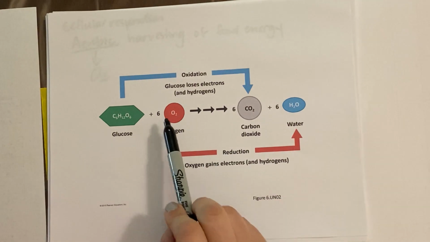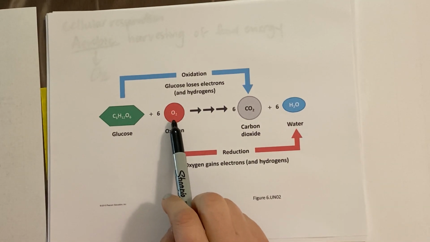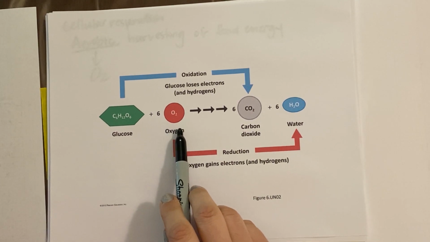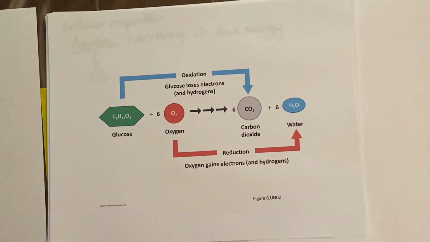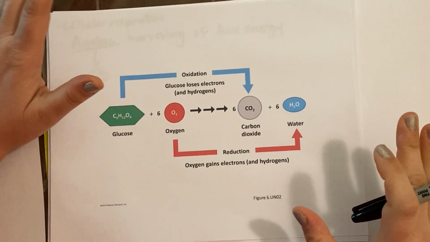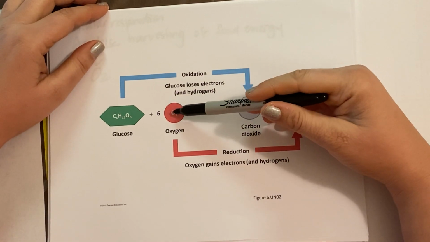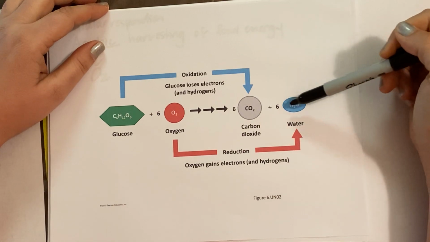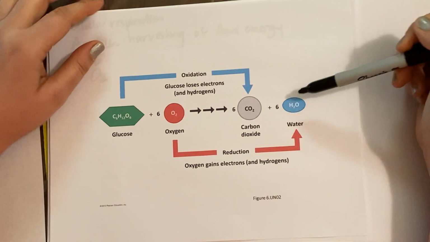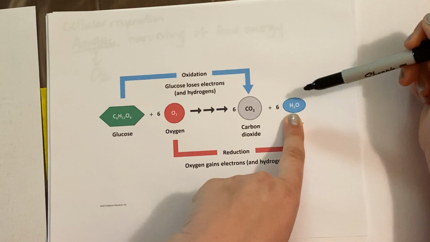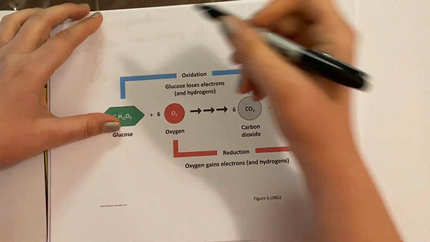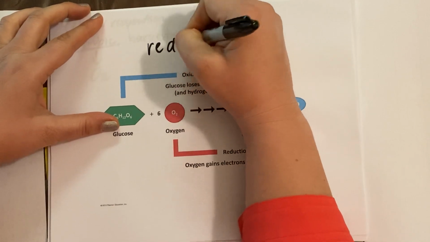Okay? Now, this oxygen is essential for this whole process to take place. The oxygen is going to be called the final electron acceptor. Oxygen is extremely grabby. It wants to grab onto any electrons it comes into contact with. And so oxygen at the very end of this whole process is going to grab electrons in the form of hydrogens, and when it joins together, they're going to make a bunch of water molecules. Okay, and so this whole process does these redox reactions,